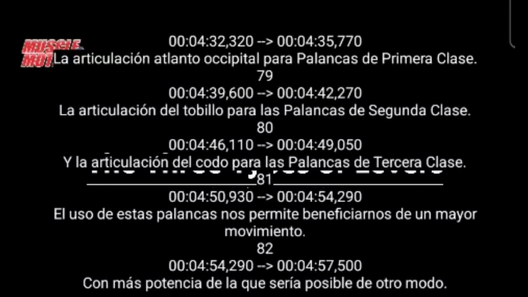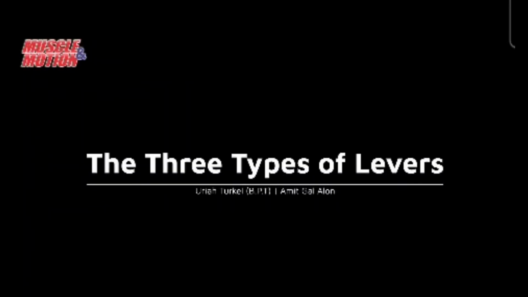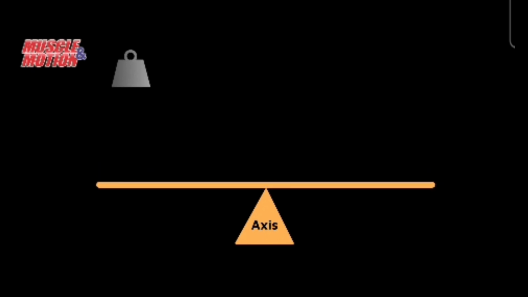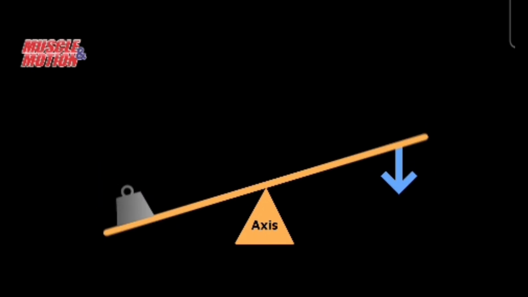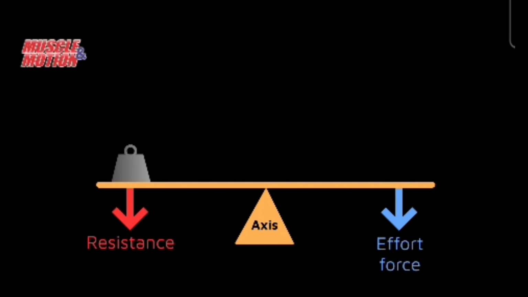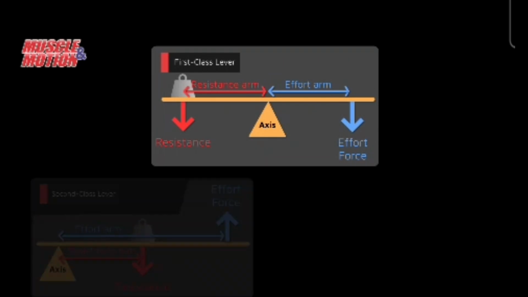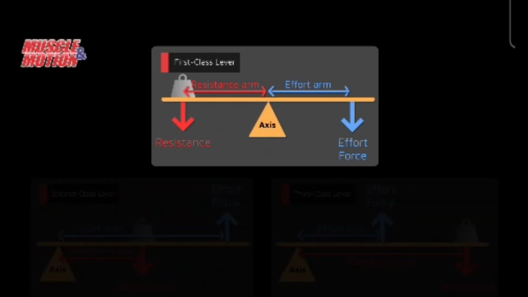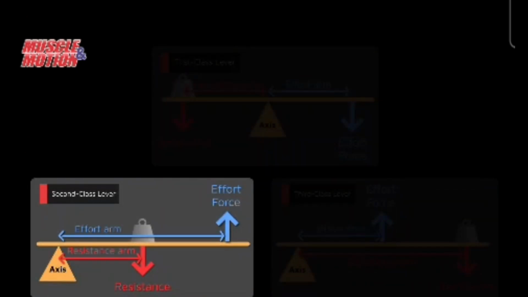Three types of levers. Levers are among the most important mechanisms the human body uses to move, lift, and apply force. This video will review the three types of levers found in different parts of the body: first-class levers, second-class levers,